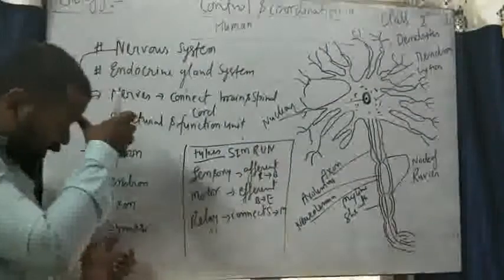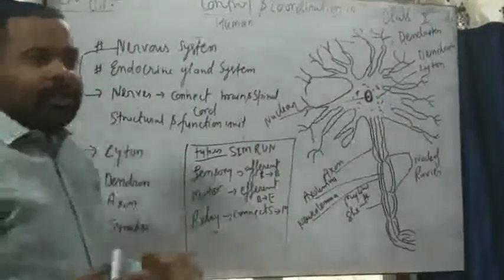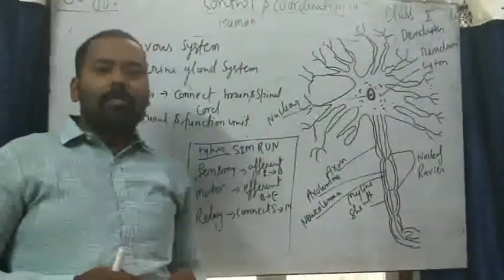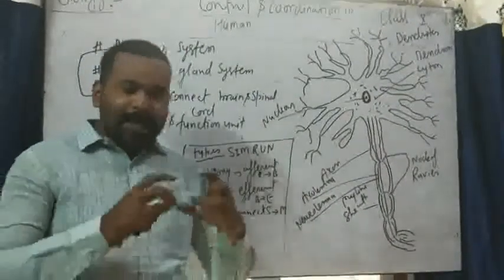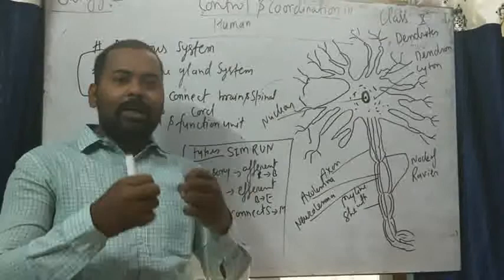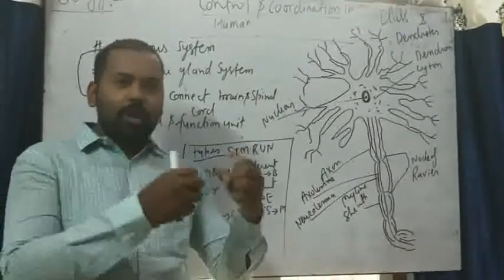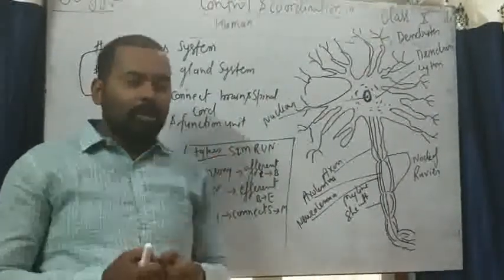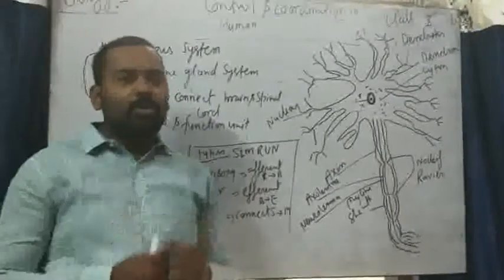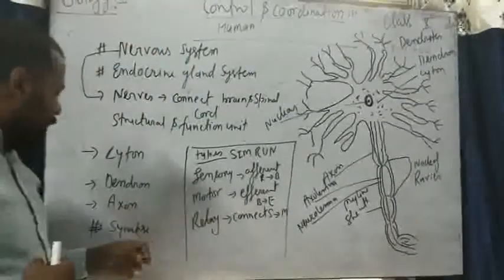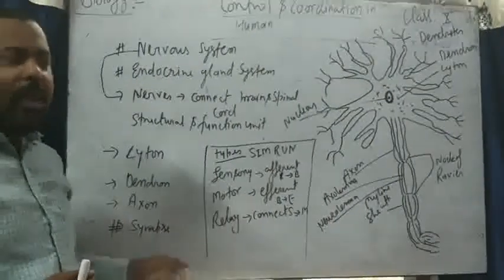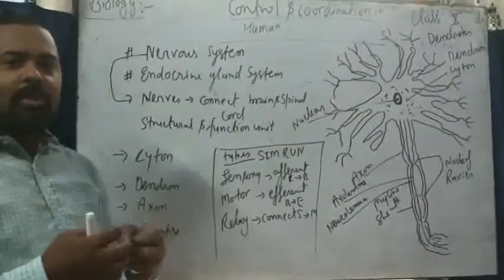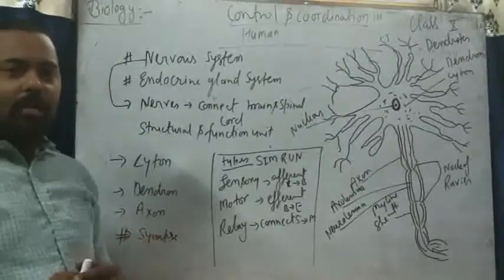And now we need to talk about synapse. Synapse is a most important topic of class 10. Maybe it will be asked in your paper. The neuron cells are not completely combined to each other. It means one neuron is not connected with the other neuron. The small gap present between two neuron ending cells is known as synapse. It plays an important role in the exchange of impulses inside the body.